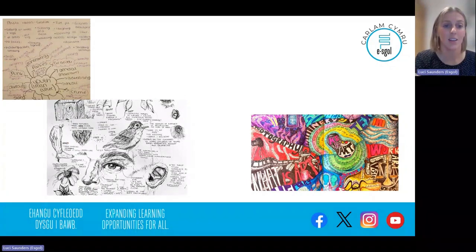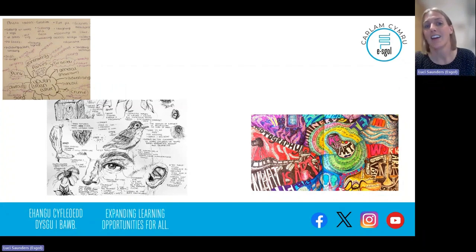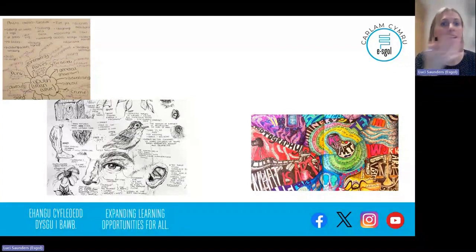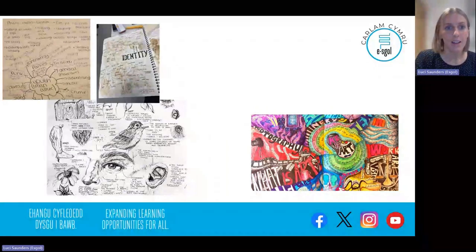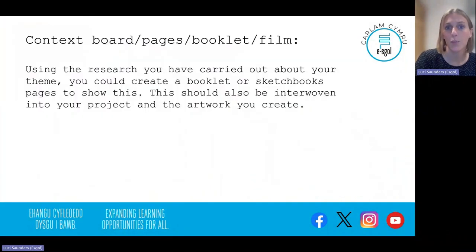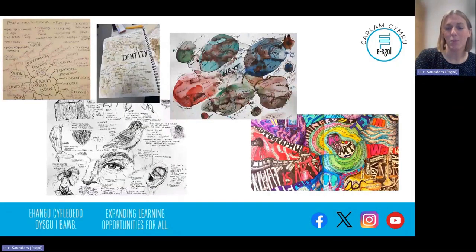So that is addressing creative making by drawing and showing skills, as well as context, as well as recording, and as well as presentation. So all of the AOs are addressed within creating these things. Again, a sketchbook page, you could make it a little bit messier on purpose and try to make it more colourful. So using the research you've carried out, after you've created your mind map, you might start